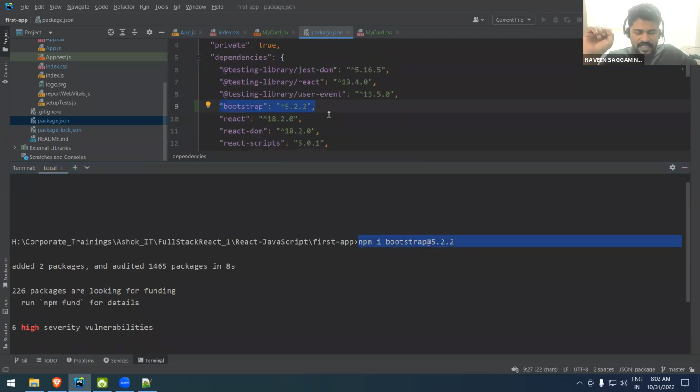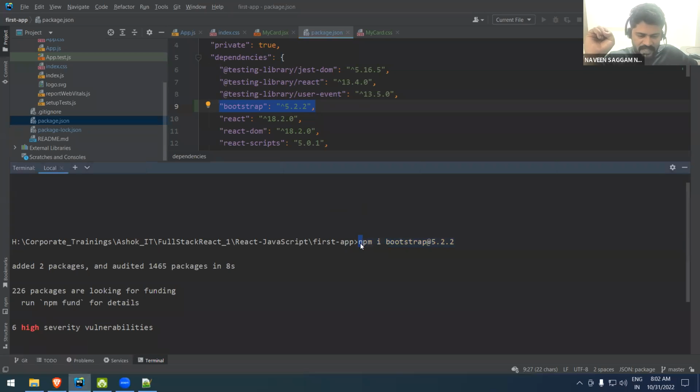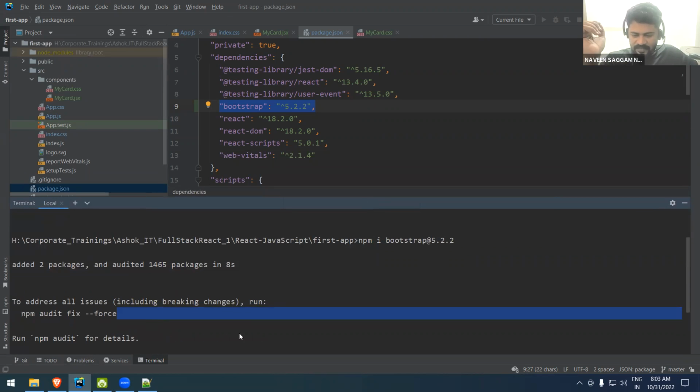After making an entry, where exactly does Bootstrap get downloaded? Generally, when we were practicing Bootstrap, we downloaded the zip file, extracted it, and brought the CSS files, correct? Or JavaScript files. But here, if I hit the command, it will download the complete Bootstrap folder. But where is it kept? Yeah, where it was kept is,